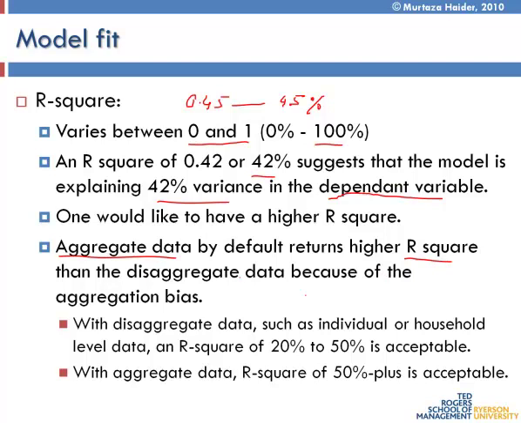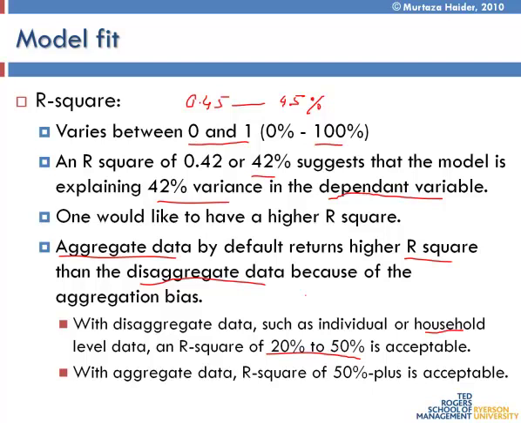Compared to disaggregate data. So I give you an example. If you are looking at the individual or household level data, such as household spending on food, and you have, say, 500 or 1,000 or 2,000 households, your R-square would be low. It will be in the range of 20 to 50%. But it doesn't mean that this is any less accurate than